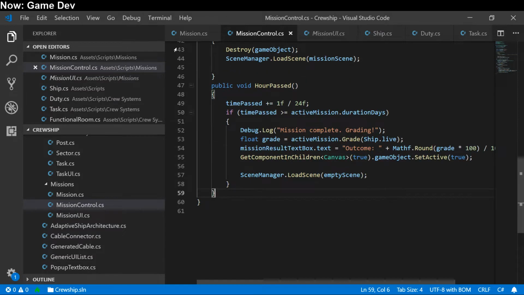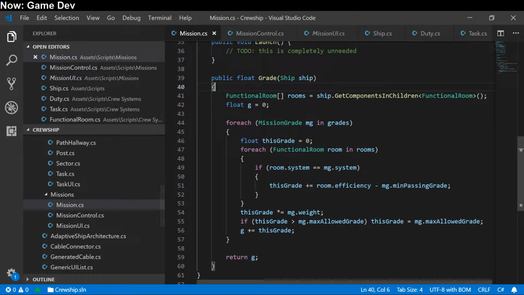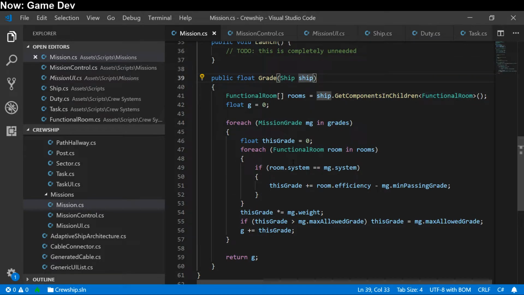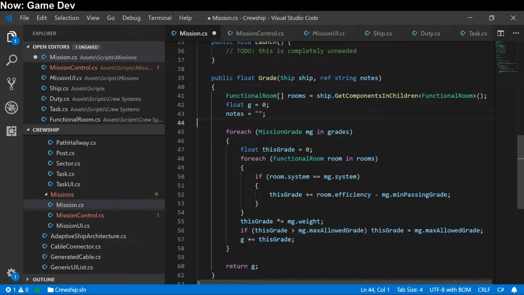So to do that, we're going to want to have the mission, when it grades you, return something a little more complicated than that. Well, it could return a lot of things, but let's go ahead and just have it return a ref string at this point. And what we'll do is we will just add the notes in. So notes equals empty. And then in here, we'll go ahead and spell it out. Notes plus equals, and then we'll say